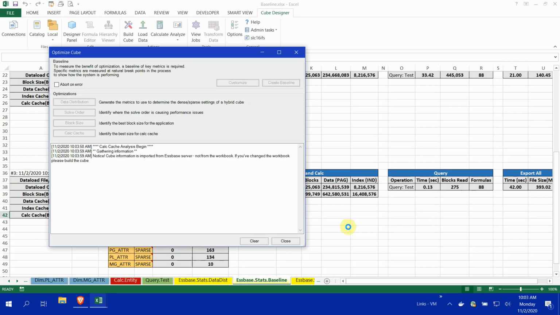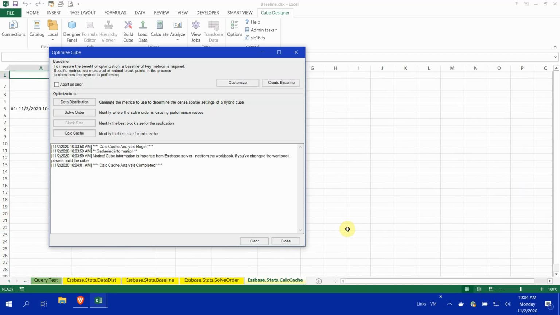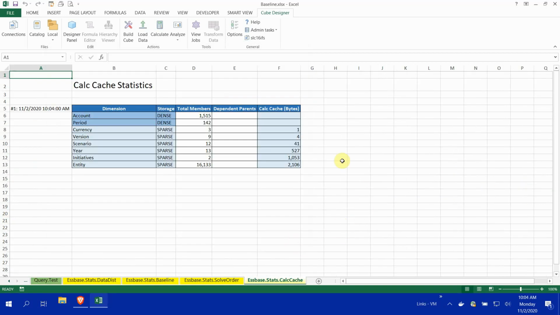If I click on that, it's going to show you what the cache should be set to in order for the dimension that you're calculating to be able to utilize the calculator cache. I'm not going to get into this. It's a whole topic